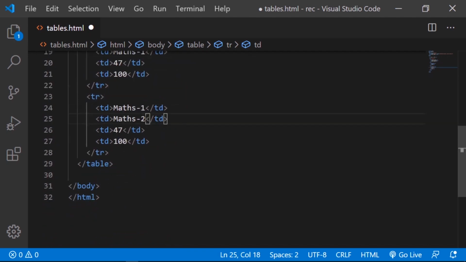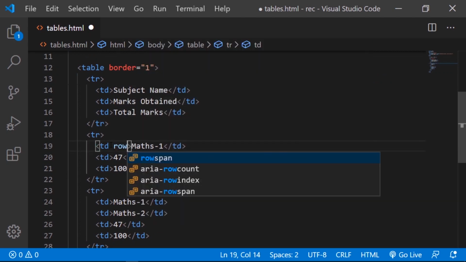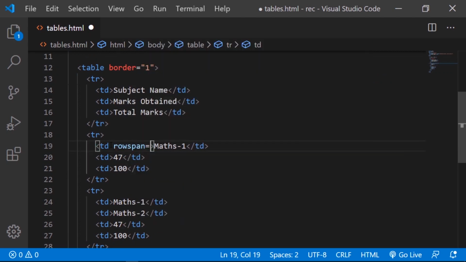And what I'll do is add in row span to the first row that we created, row span, and I'll mention 2 because we want this maths one to be going across two of our rows, right? So yeah, and here I'll just delete this one because there's no need of this one.